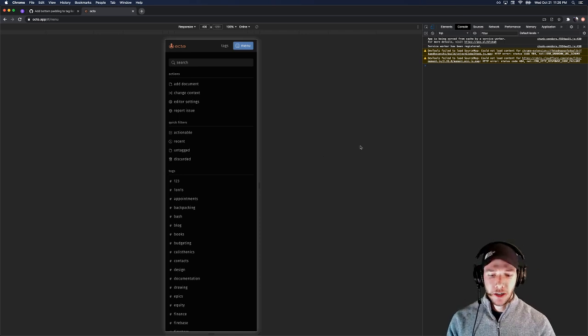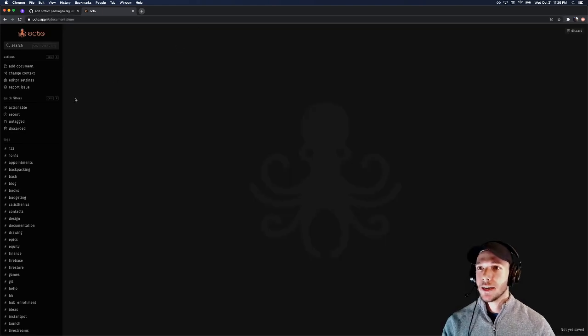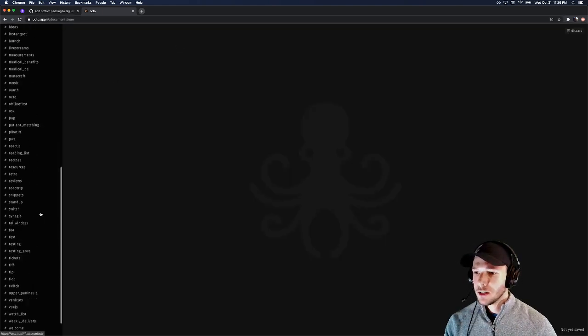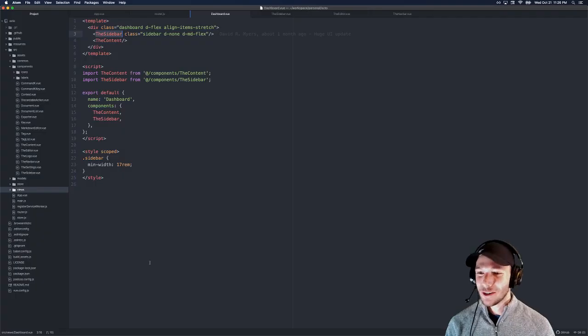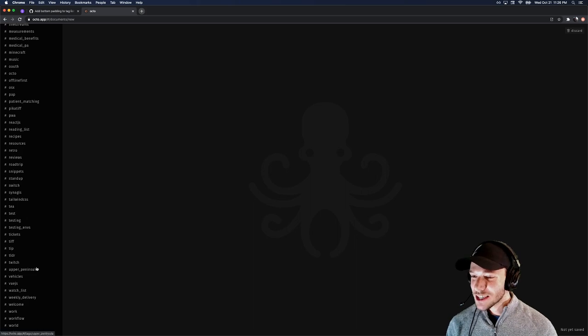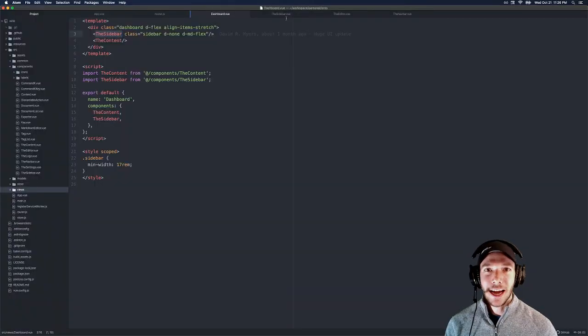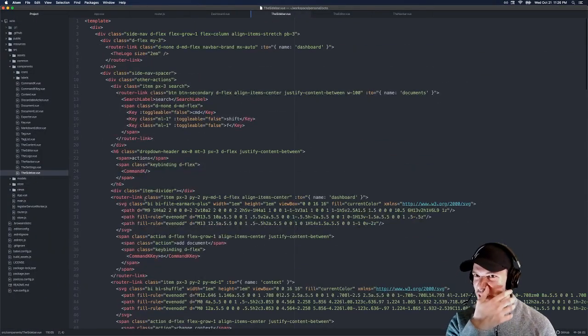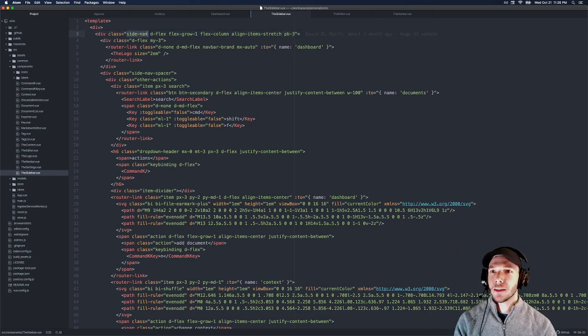So getting rid of the mobile view here, going back to our main app. A lot of talking, not a lot of coding so far, just kind of going through each piece. We just need to add a little bit of padding to the bottom of this list. Originally, yeah, I think the sidebar is the right place for this. So you'll notice that everything here is wrapped in this side nav div. And so what I'm thinking is,